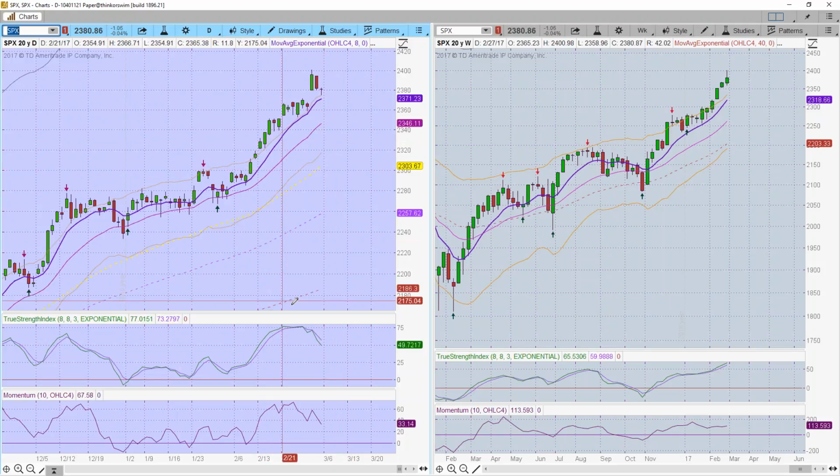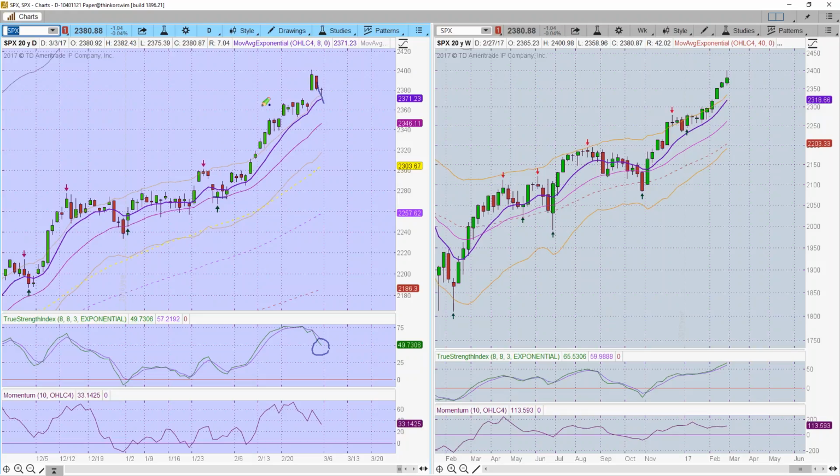At this point, one thing to remember, as we covered during last week's training session on Wednesday night, is if it gets into support and we get a TSI tick up, that's an indication that we're potentially going to move back up. And so that's what we'd be waiting for. Yes, it doesn't get you in right square at the bottom, but as long as the moving average and the trend continue to move up, that's an excellent thing.